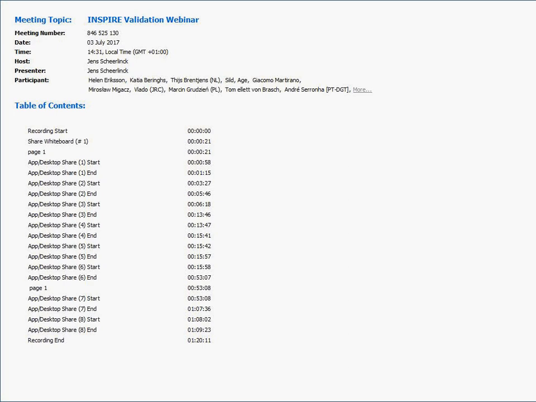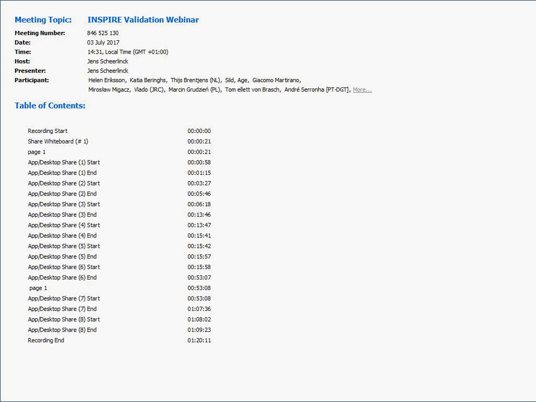The work on developing a common validator started some 2-3 years ago under the Inspire Maintenance and Implementation work program, where we initially worked with a number of member state experts defining abstract test suites for the technical guidelines that we have in Inspire, to define how to test the requirements in these technical guidelines.